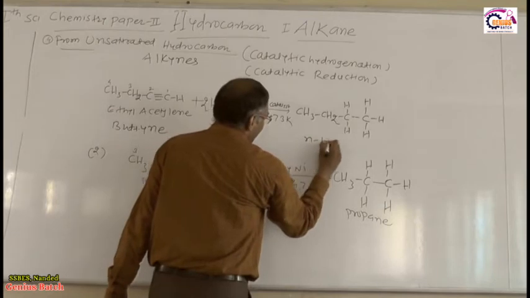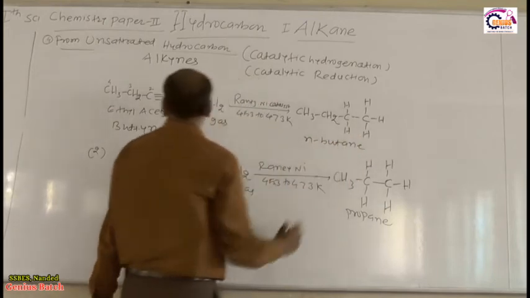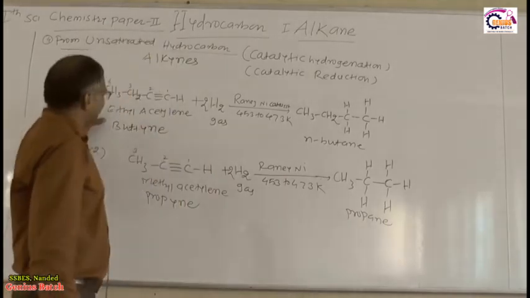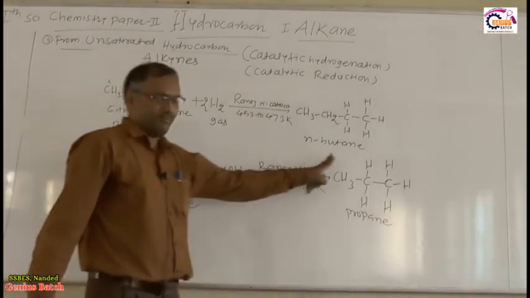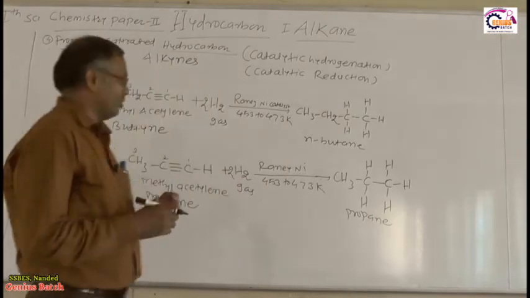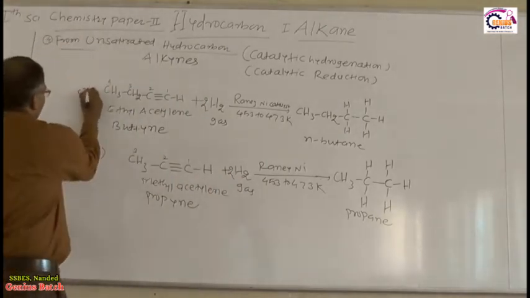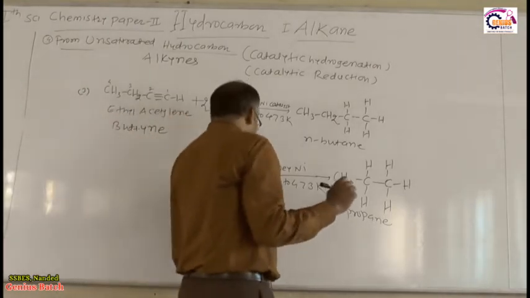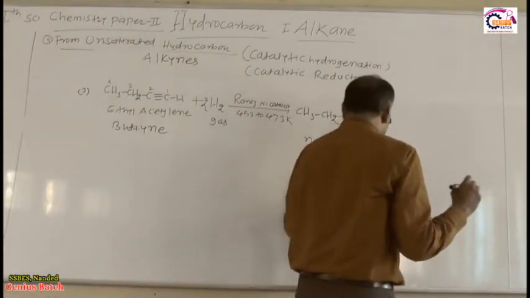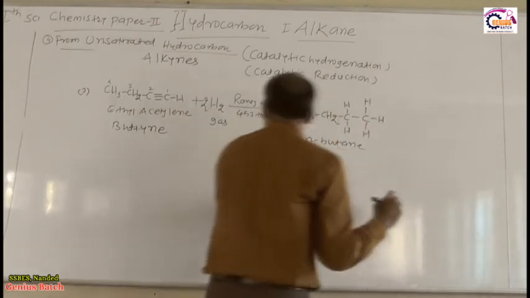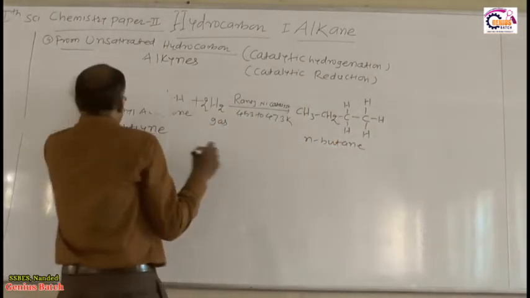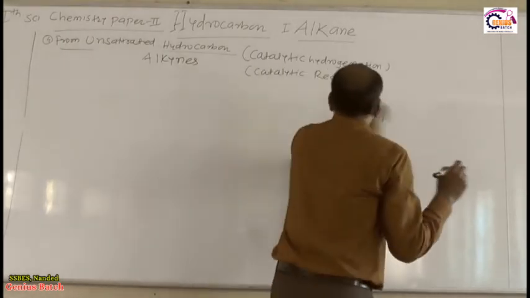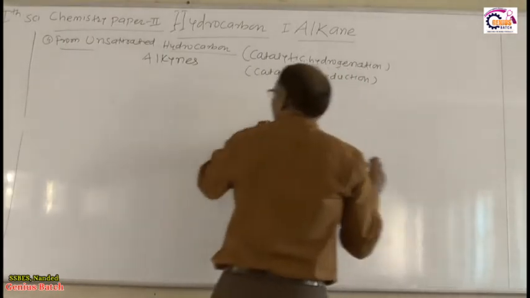That is the N-butane. So hence this but-1-yne, or ethyl acetylene, gives the N-butane. Right. Okay, so this is the third example. As you have studied the Sabatier-Sanderson reaction for alkane and for alkene, hence we can take the MCQ of this reaction. So how can the MCQ be solved?